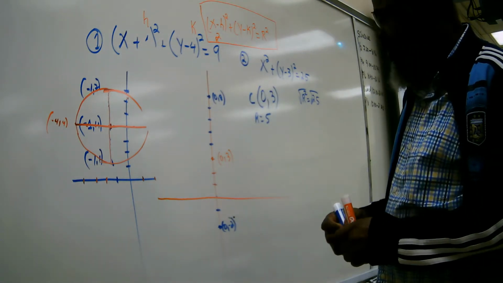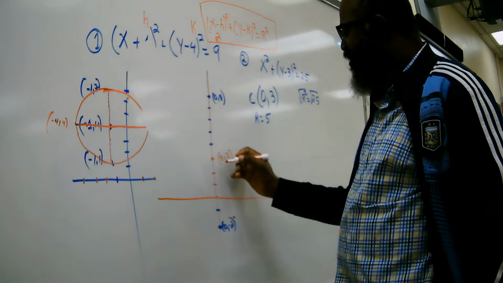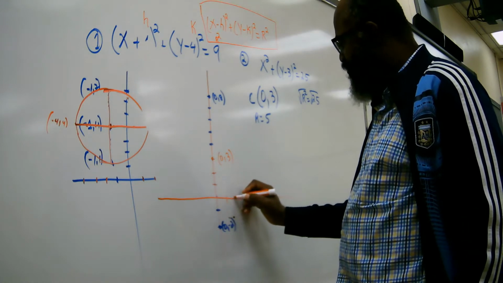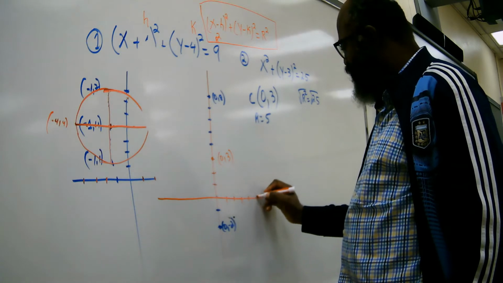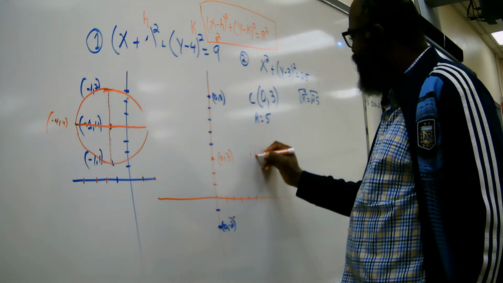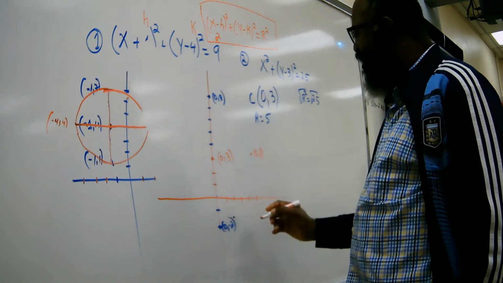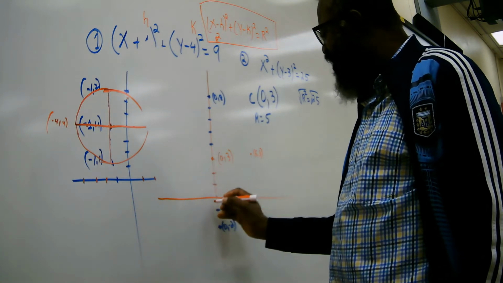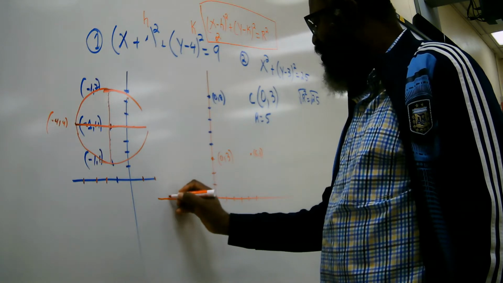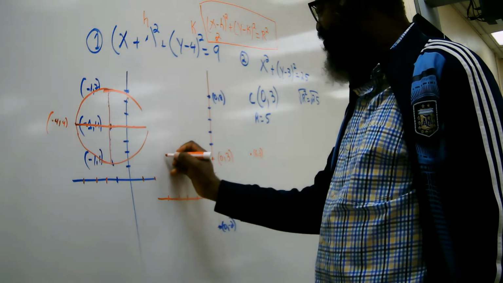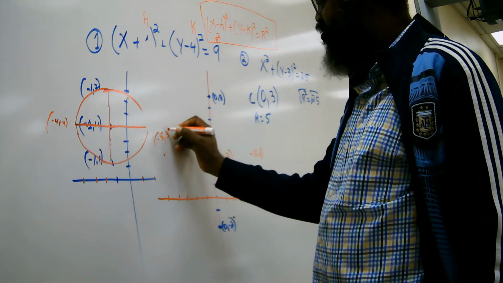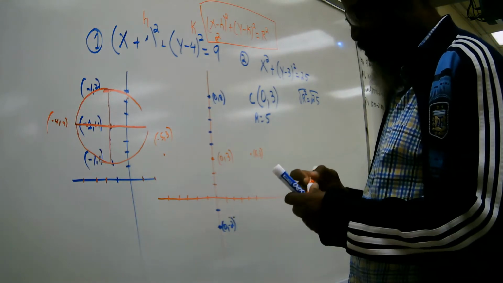And the other option, I have to go 5 units to the right. I go 5 units to the right, that will be here. This point will be (5, 3). Or the other option, I can go 5 units to the left from my center. This point will be (negative 5, 3). And those are the 4 points that I'm going to